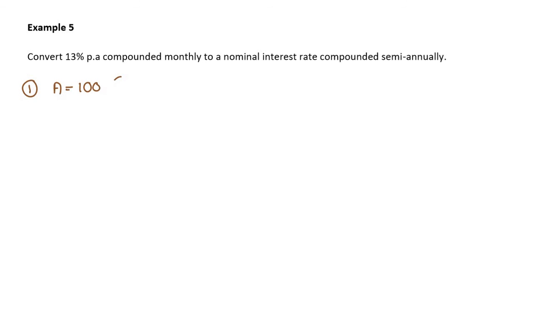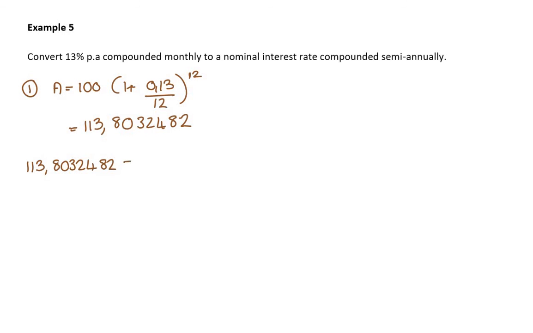So our first method is exactly what we would normally do. We'd take 100 Rand, I'm going to put it in the account at 13% compounded monthly for 1 year, so to the power of 12. So that gives me 113 Rand, 8032482. Don't forget to keep all the decimals. Now just out of interest, I can clearly see that that means an effective interest rate of 13.80%. But that's not what they asked. They said, how do I get out